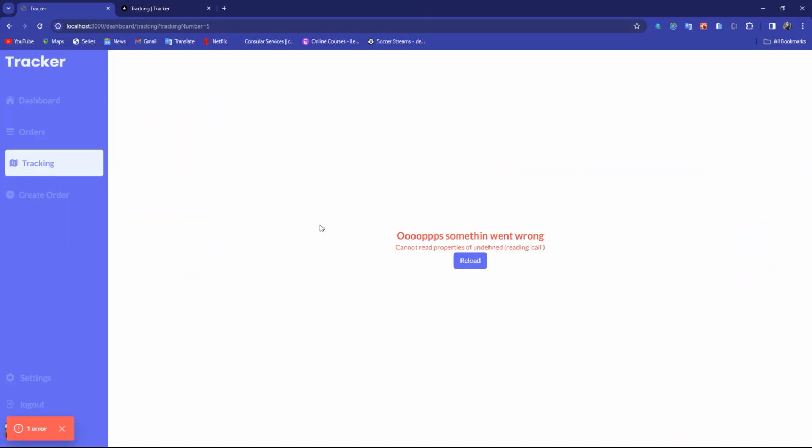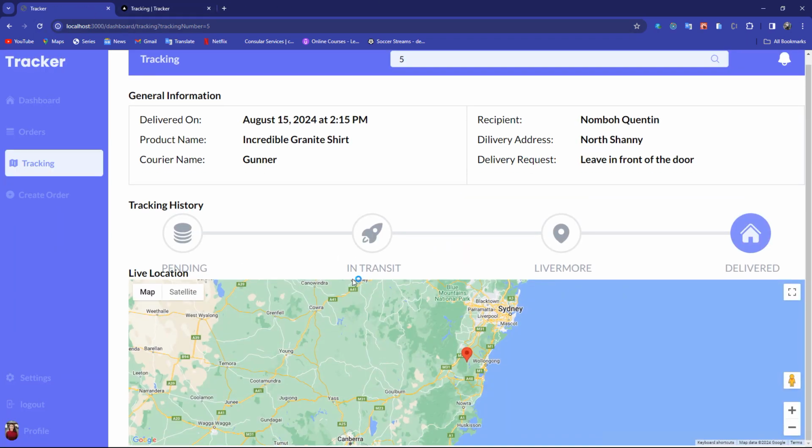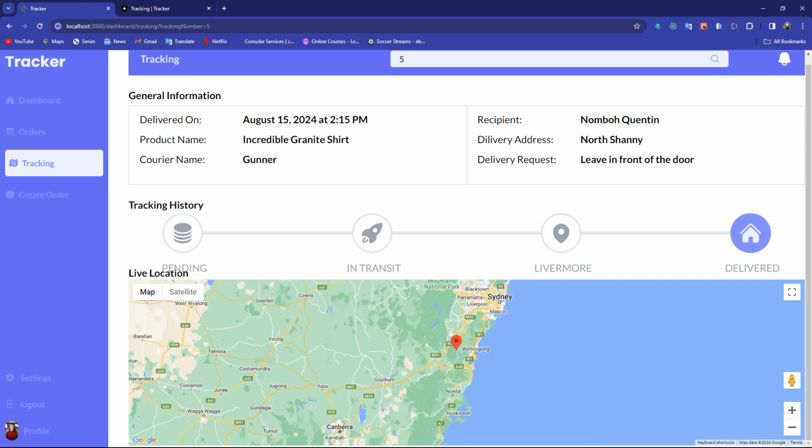Let's check it. Something went wrong: can't read property of undefined code. Let's reload and see. Okay, we have the map here. But if you look at the title, it's entering here, because the map is kind of relative here, so we need to give some more room